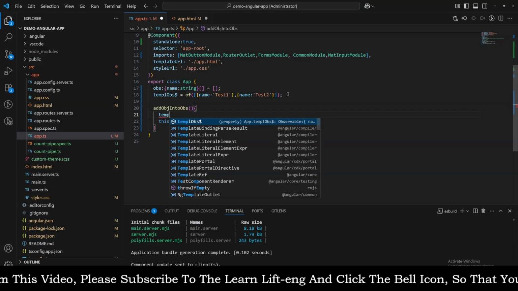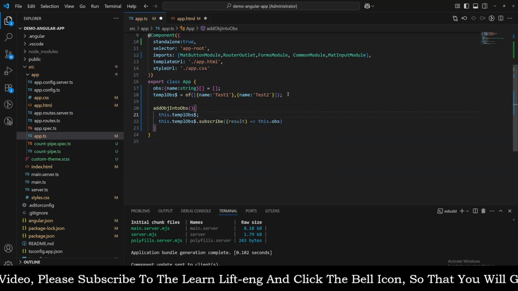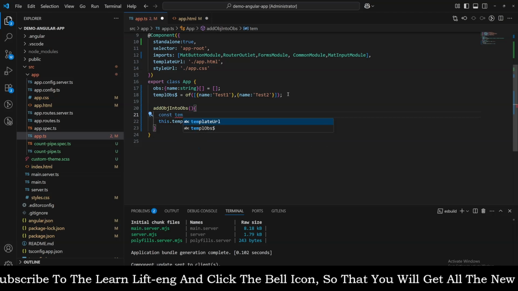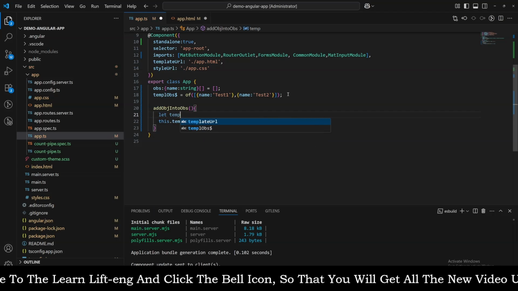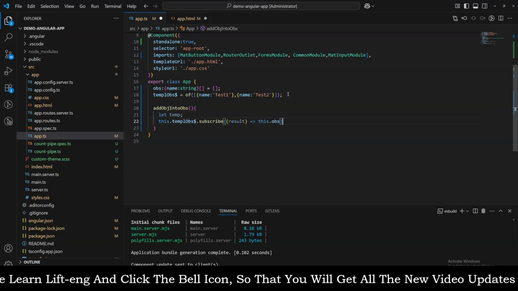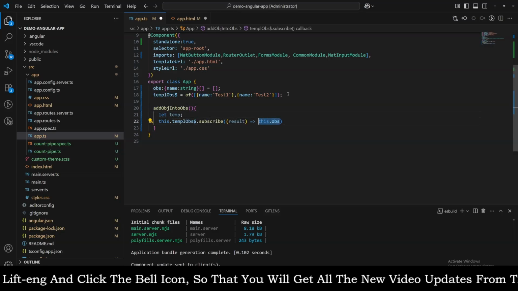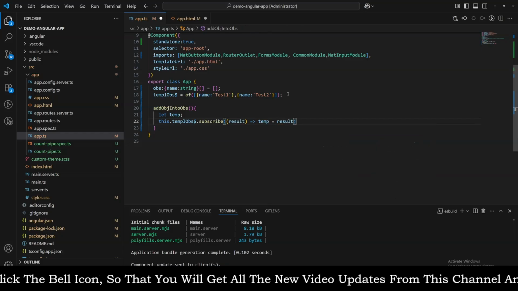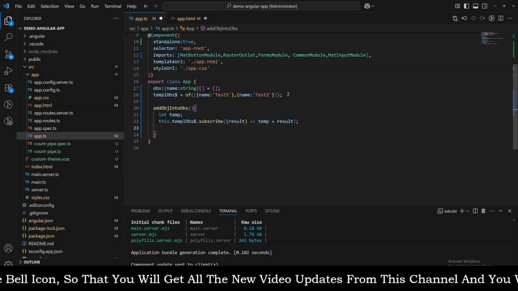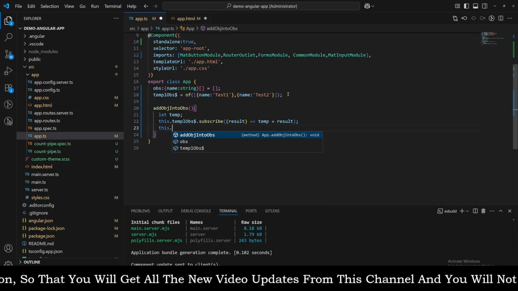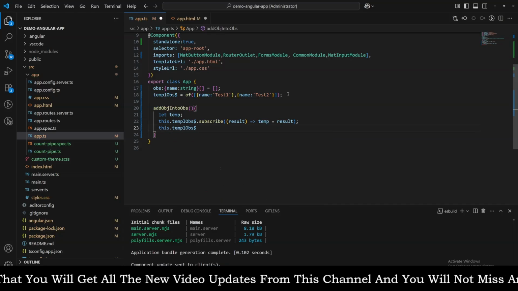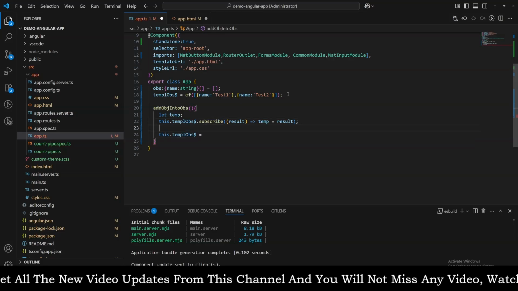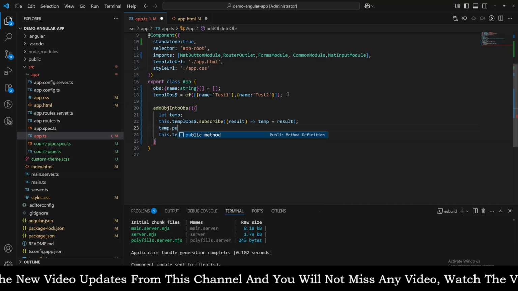Let's say let temp, and then temp is equal to result, right? And now what we can do, this dot tempObs is equal to